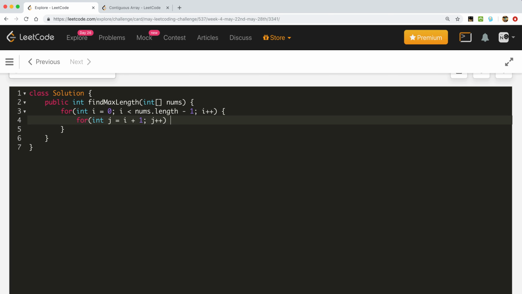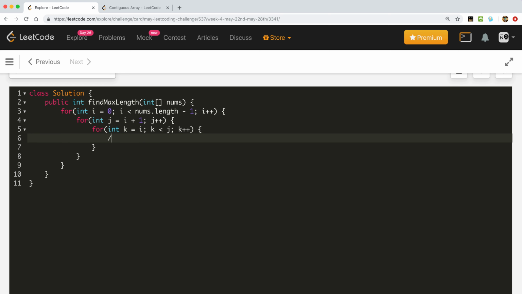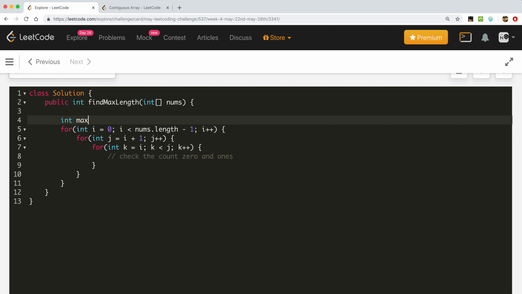And j plus plus, and there is another loop for int k equals i to k less than j, k plus plus. In that loop we will check the count of 0s and 1s, whether they are equal, and we will create one maxlen variable.